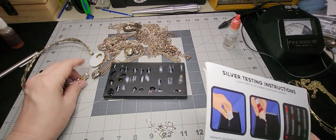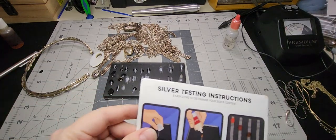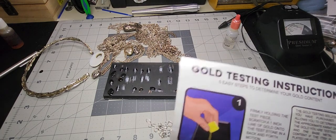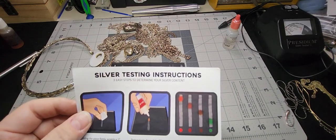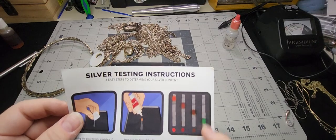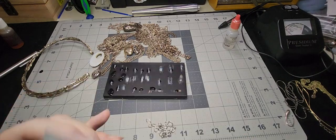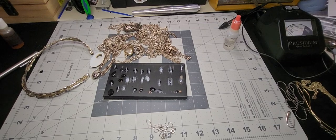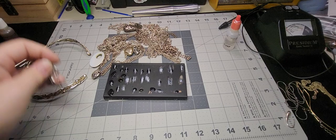So this is silver, it's just not 925. I believe it's an 800, because it was like a cross between these two right here. So it's a cross between 800 and 925. So it is silver, it's just not like sterling silver. And I'm assuming the middle part is brass since it's there. So we have